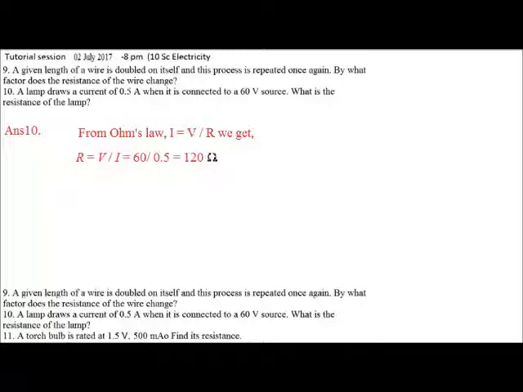So a very straightforward answer here we get from Ohm's law. Ohm's law is V is equal to IR, or I is equal to V by R, as we have written over here, right? So R is equal to V by I, when you just readjust this formula. V is 60 volts divided by I, which is 0.5 ampere. So just calculate this and it comes out to be 120 ohms. Remember that the unit of resistance is ohm, so we write 120 ohm.